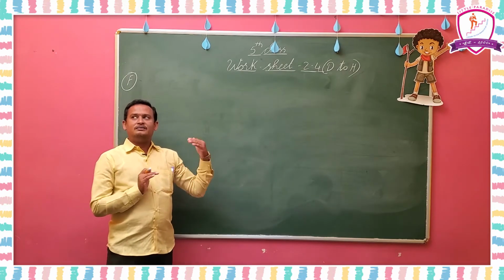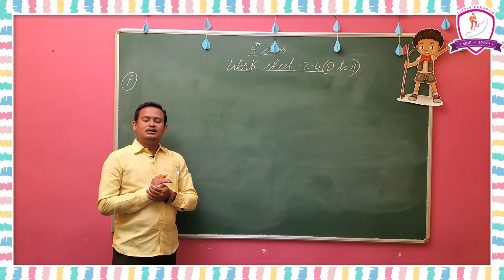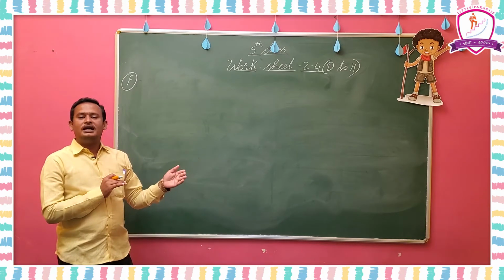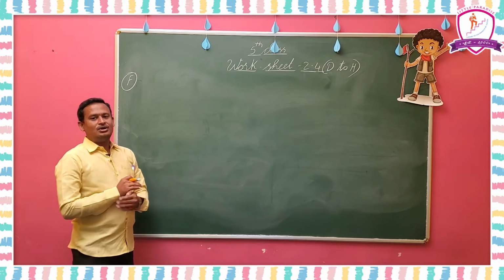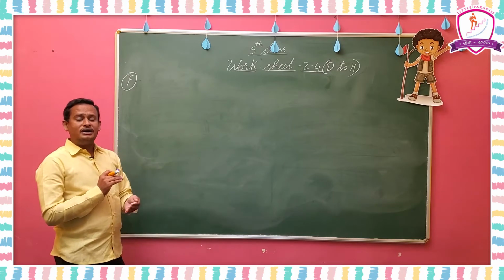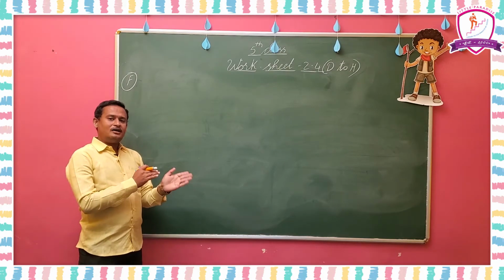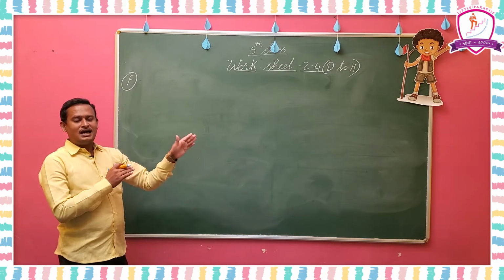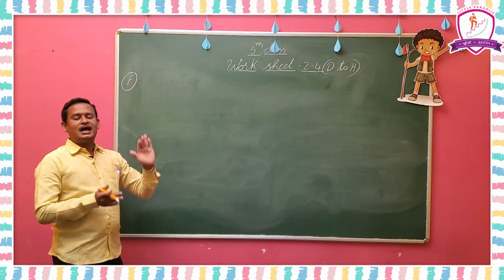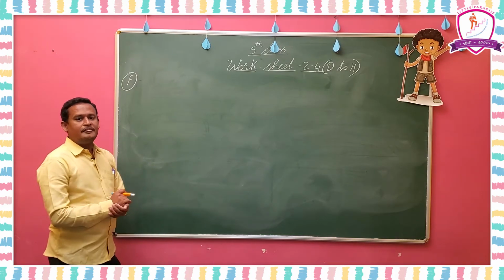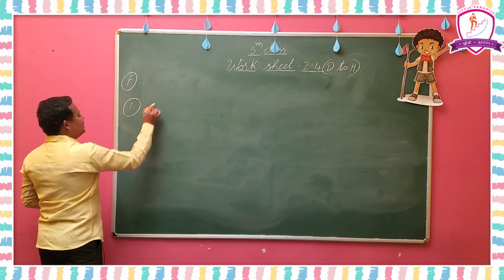Now we are going to discuss the F Roman. In F Roman, round off the following to the nearest thousand. When you round to the nearest thousands, you have to observe the right side of the thousands place. The hundreds place will be there, no? That hundreds place we have to observe. Okay. Now I am going to explain the first one here.